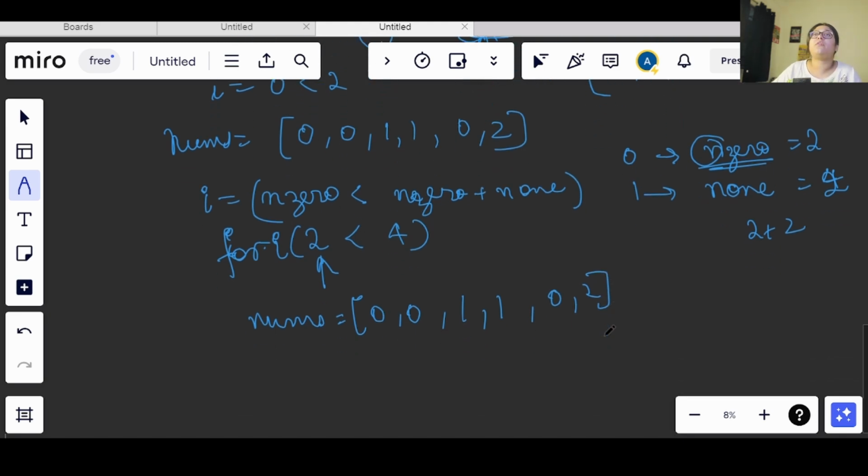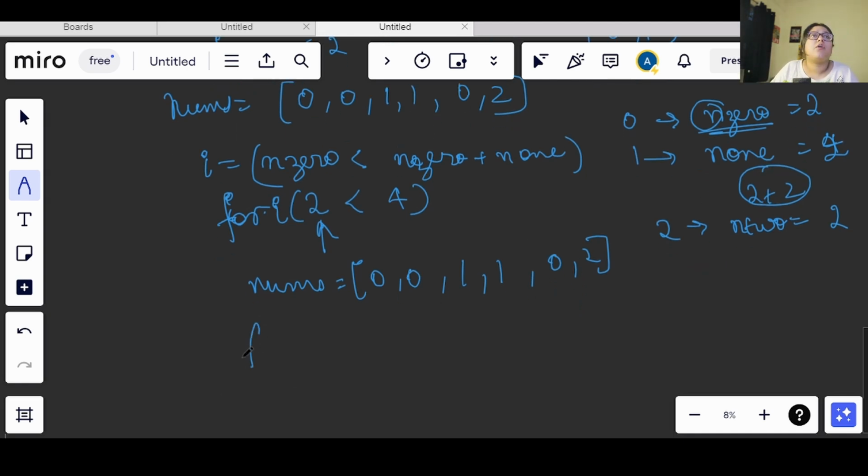Now after that, I have the count of 2, let's say it is n2. So this is also 2. Now my insertion of 2 will be starting from n0 plus n1, right? Meaning from the 4th index we will start inserting 2. So for i starting from n0 plus n1, we don't need to sum up all of them, since we have n as the length of the array. So we will be going till less than n only, right?